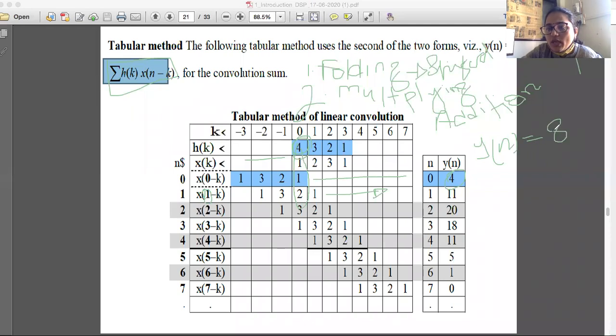So it is going to be 8 plus this 3 multiplied by 1, so this is going to be 3. So after multiplication, we will be performing an addition operation. 8 plus 3 has come out to be 11. So when n is equal to 1 is substituted, the output sequence y of n appears as 11. Then for the next value of n, how many values are we supposed to substitute here?